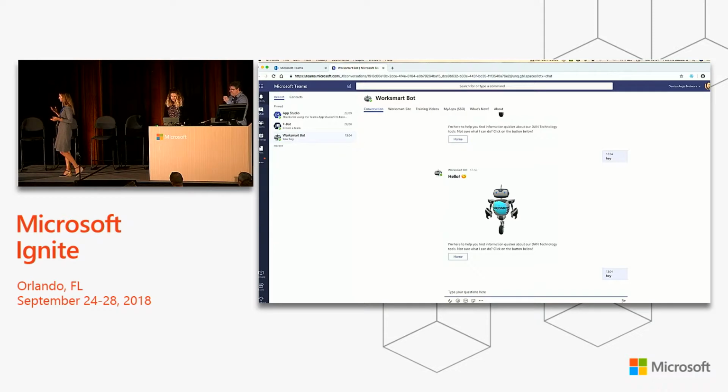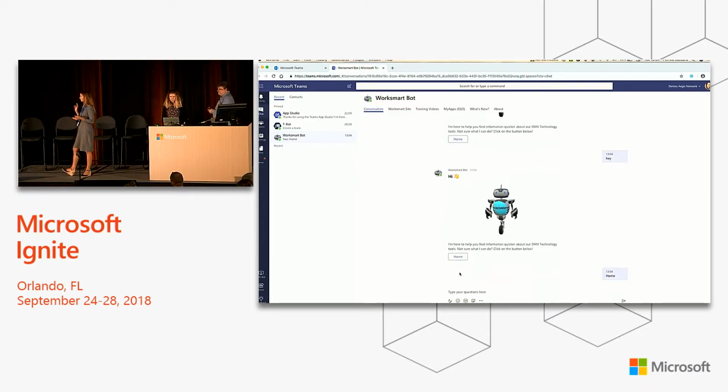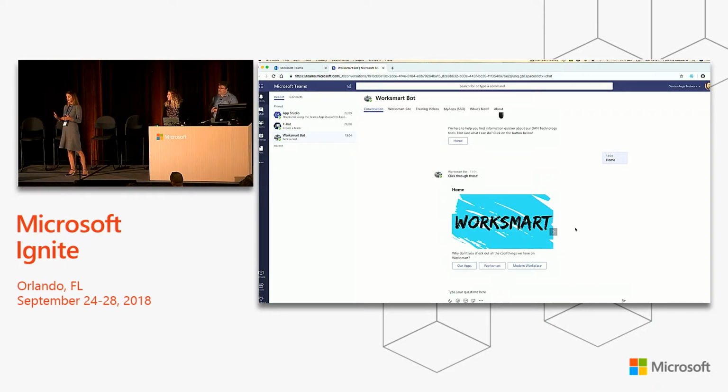So let's have a look. If we start interacting with it, we can now see a welcome message. This is a randomized message as well, just in case you access it quite a lot. And we've just driven it to one button. The reason we've given one button is because we want to encourage people to learn how to use the bot if they haven't interacted with it before.